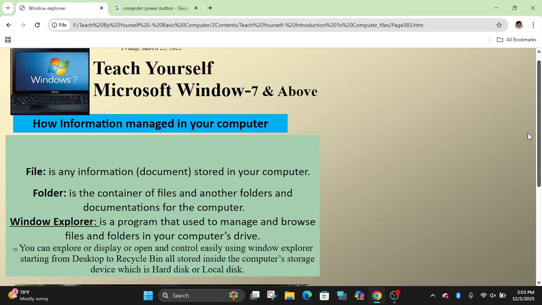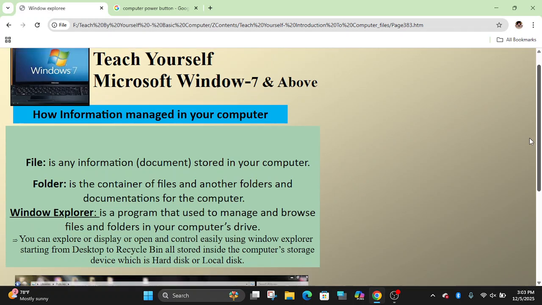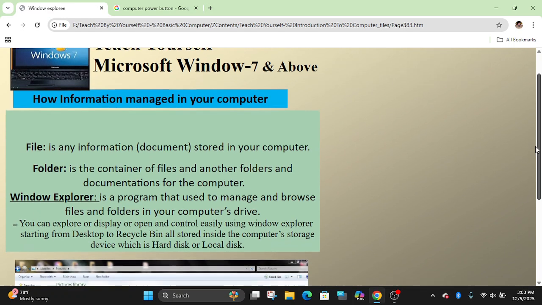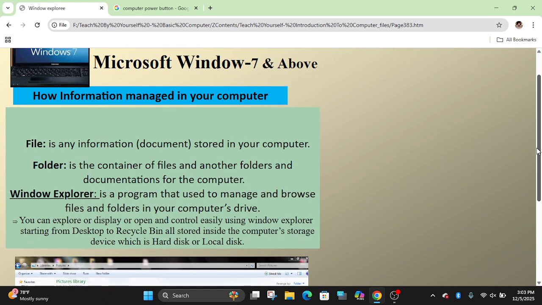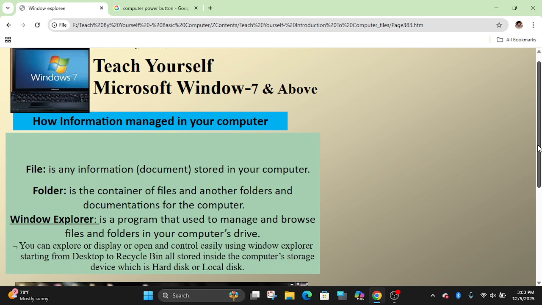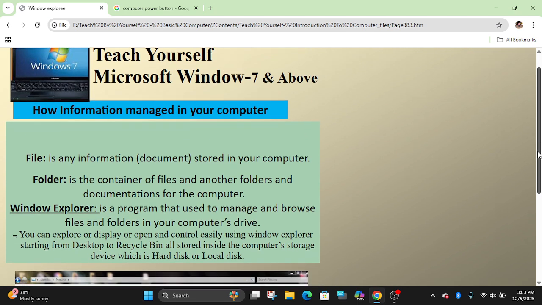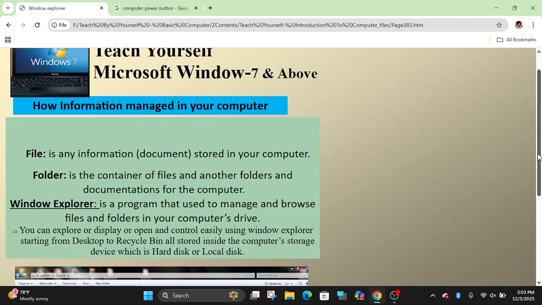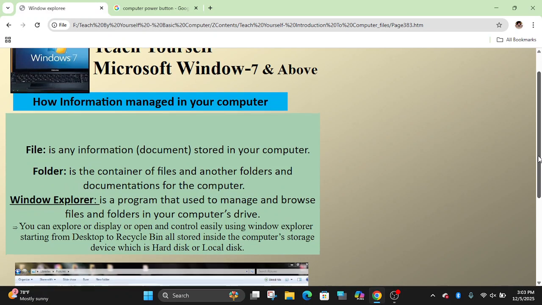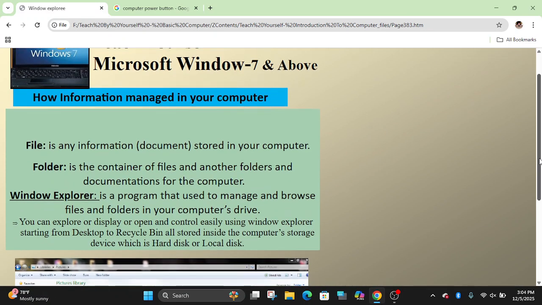Then there are specific software, application software designed for a specific task in every sector. But this is what we have to know well. Maybe simple, but we have to know well. Sometimes we may use it by trial and error. We have to get the right knowledge or skill on how to use the computer, then everything will be smooth. It's a big topic here: how information is managed in your computer.